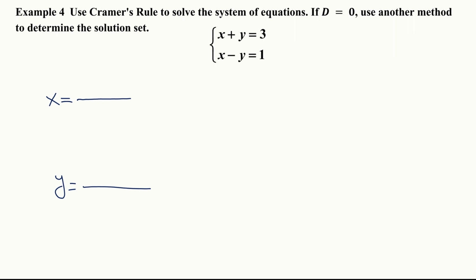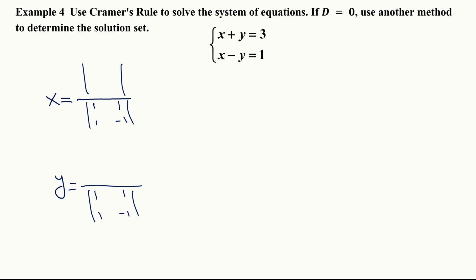and y, for both of them, we know that the denominator, the bottom determinant, is going to be the one composed of the coefficients from the left side of these two equations. So 1, 1, 1, negative 1, right? So that's the easy part. We'll go ahead and write those. All right, for x,